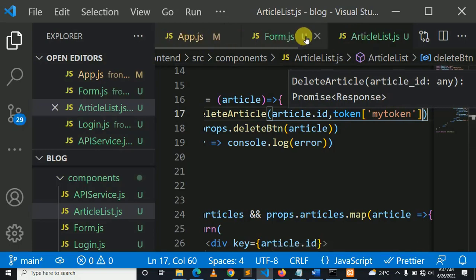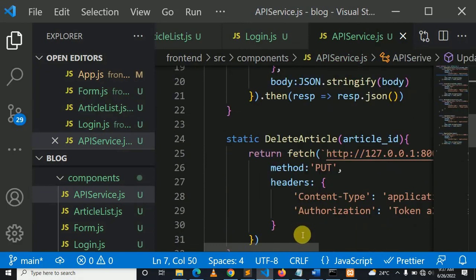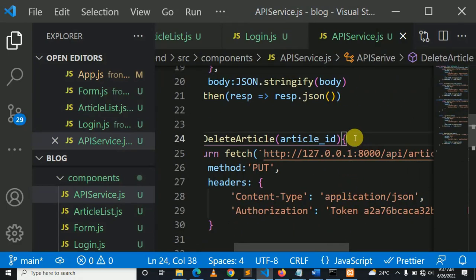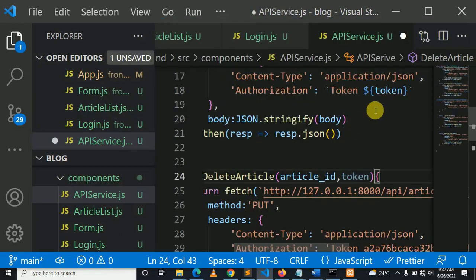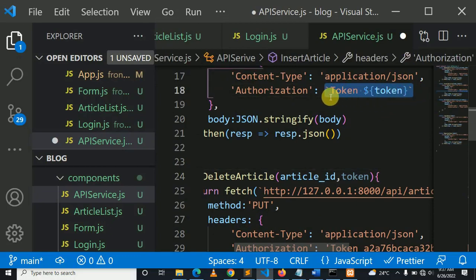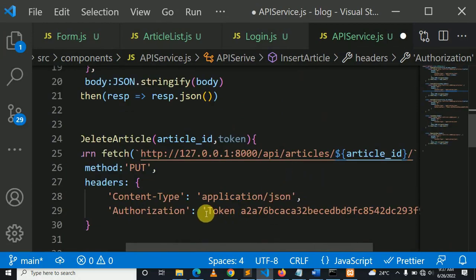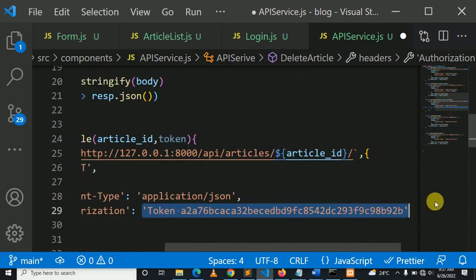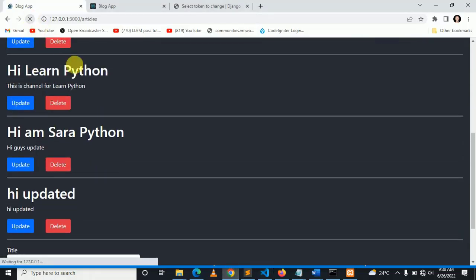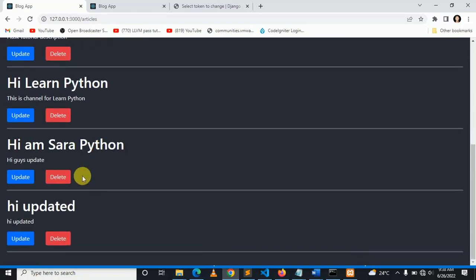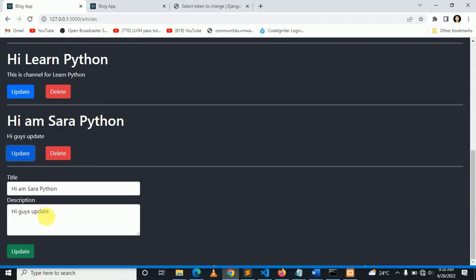Let me go on API service. Insert. This should also be token. Let me copy this. Control S, save the changes. Let me come here, refresh. Let me try to delete this. We can delete. We can update,